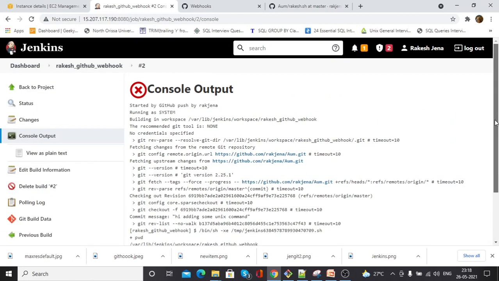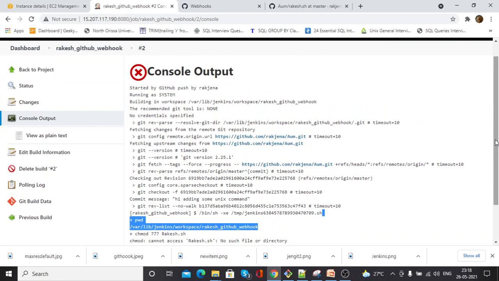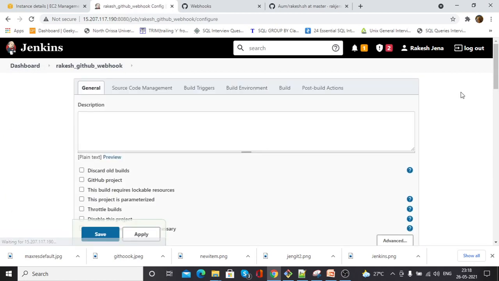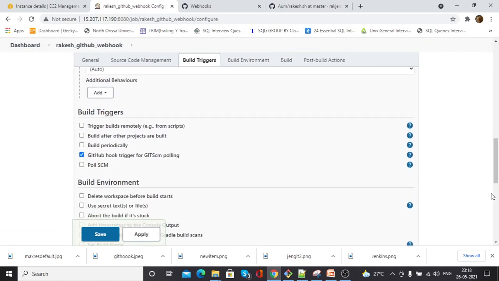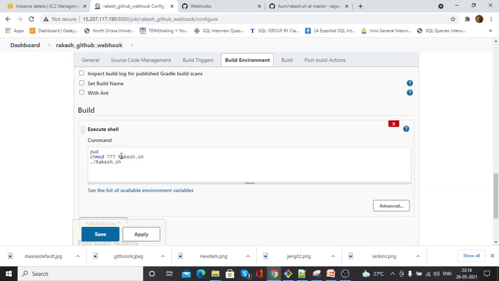So let us change the capital R to smaller. Here you see, due to this only. It should be smaller only.